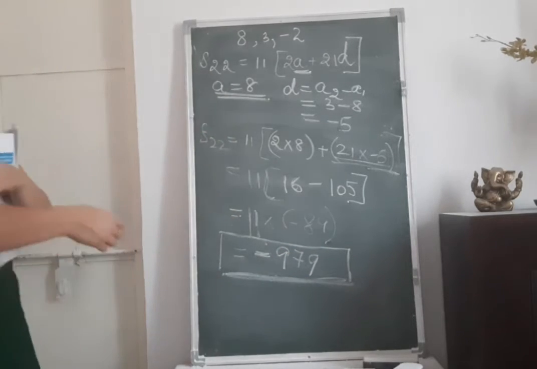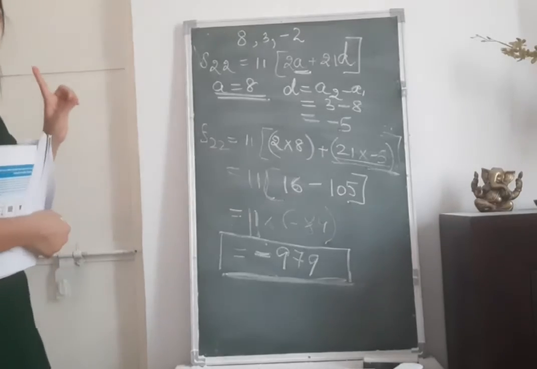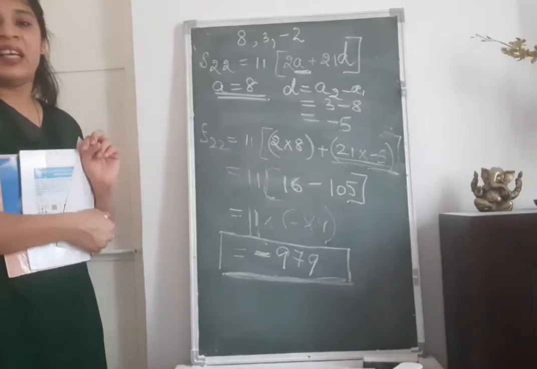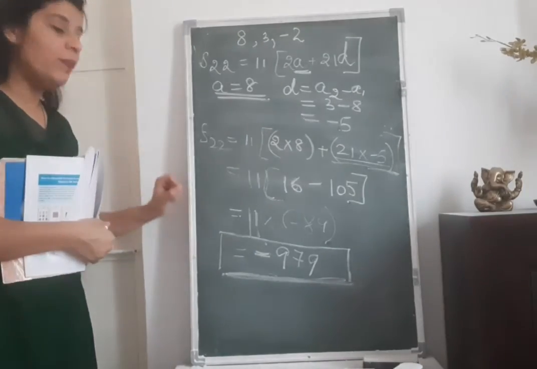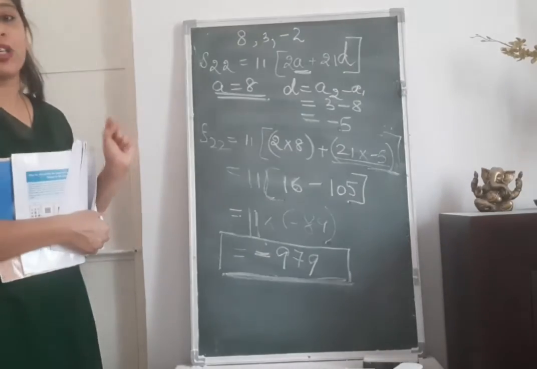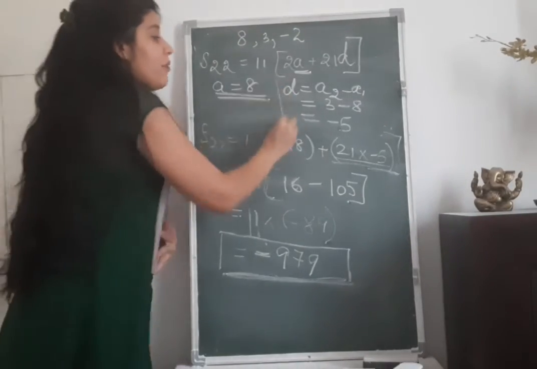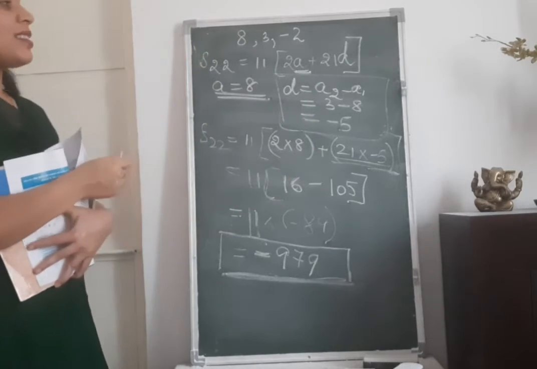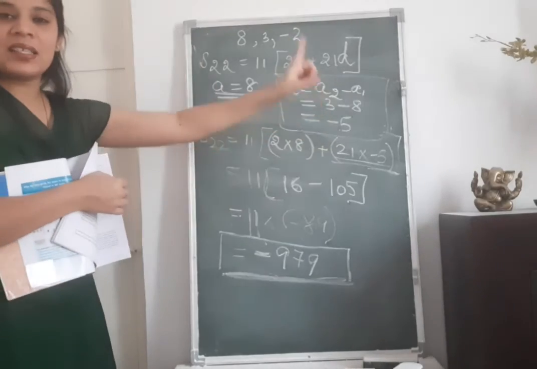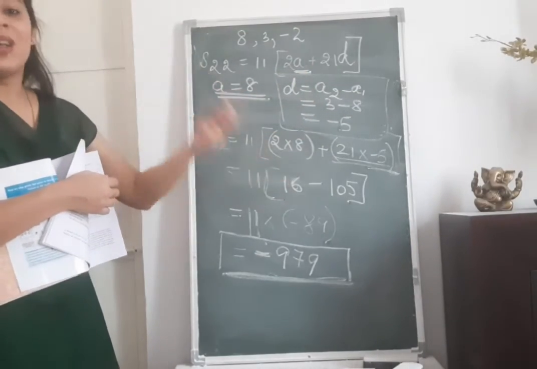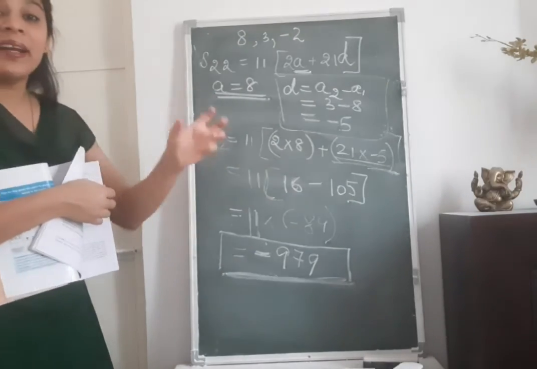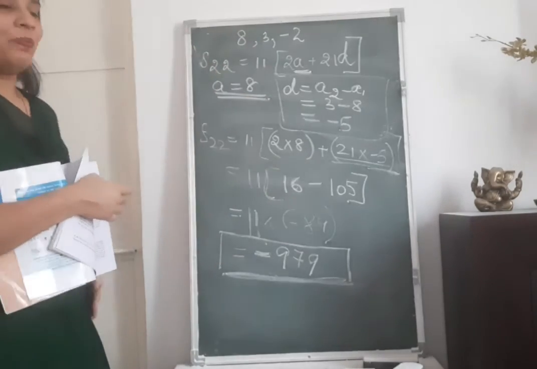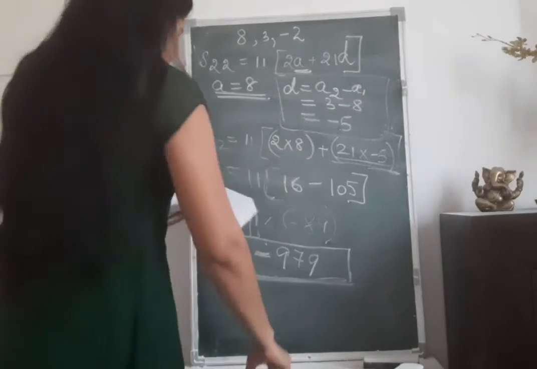So a very important observation which we can have from here is that it is not necessary that the sum of an arithmetic progression is going to be positive only. The sum of an arithmetic progression can also be negative. Why? See, because the common difference in this case is negative. So if the common difference is negative, then the sum of that series can be positive, 0 or negative, depending on how many number of terms we are taking for calculating the sum. I hope this question is clear to you.